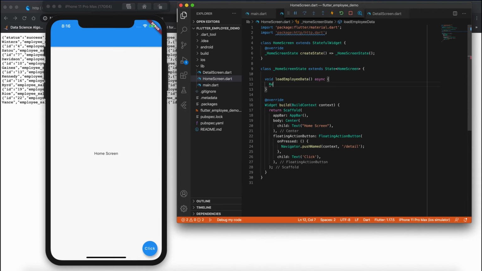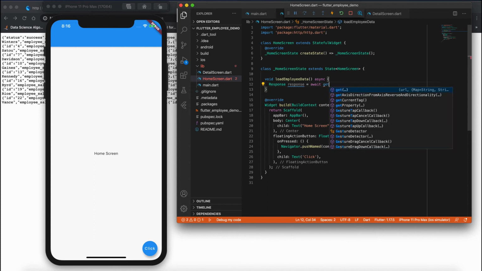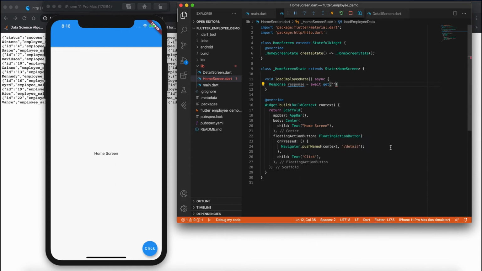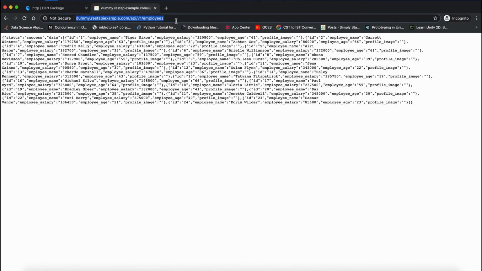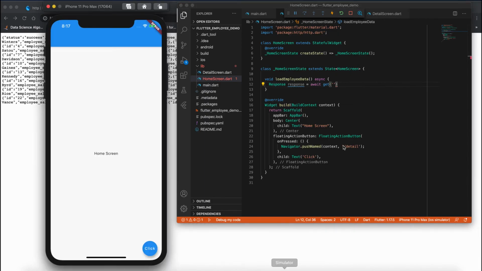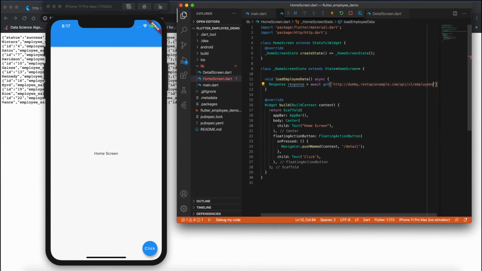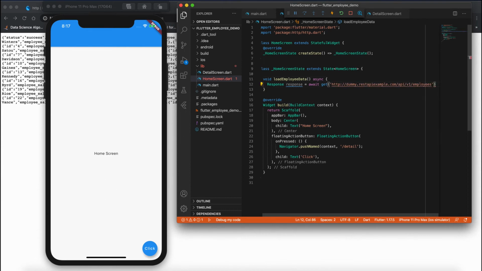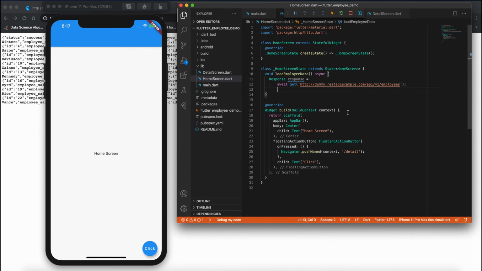So let me create a response object here. I have created one response object, and here I am just writing some await. So await is the one which holds this particular function, because the data that is coming from the URL needs some fraction of a second, so it will hold this particular line until we get the data. So inside I need to provide the URL. I'm just adding this URL here. Okay, here I have added the URL, and next I'll create one map